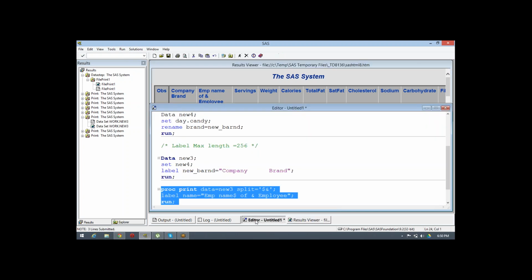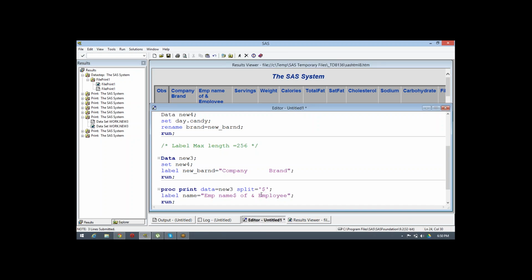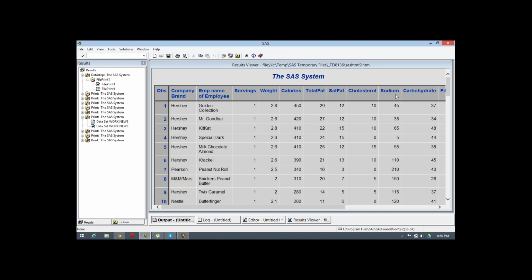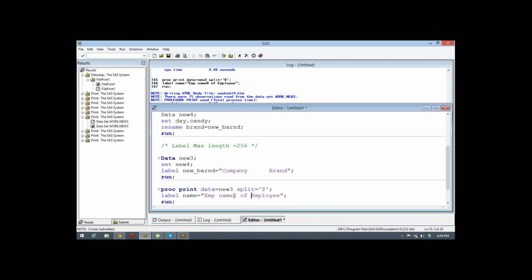Employee name separately. You have to take only a special delimiter, not many delimiters you can add. Ampersand is not a default delimiter. Here we are using only a single delimiter, we can apply only one.